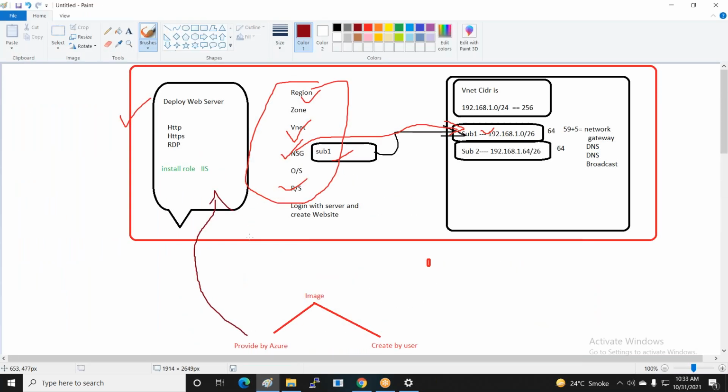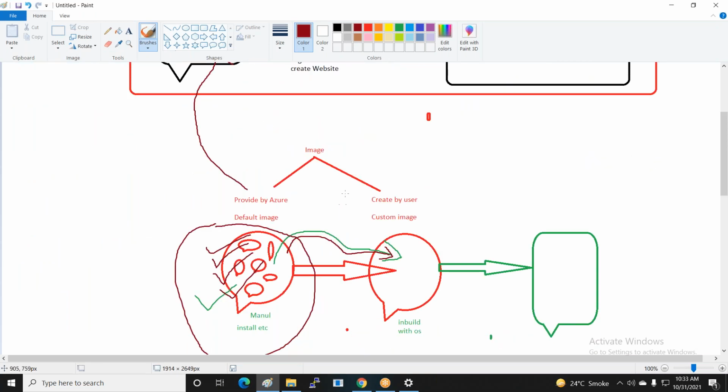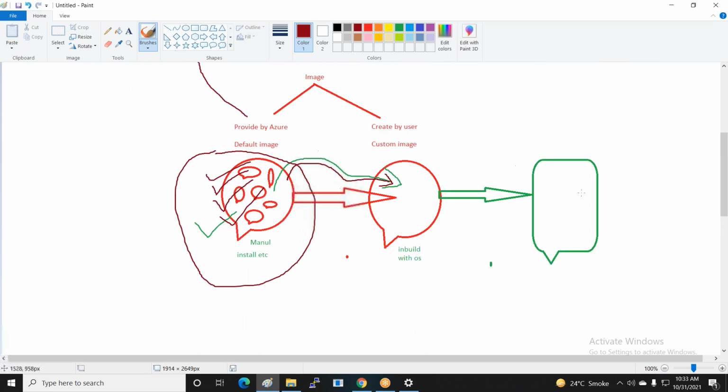Now here you can see each of these points are available. Now how do we create a new web server through a custom image?